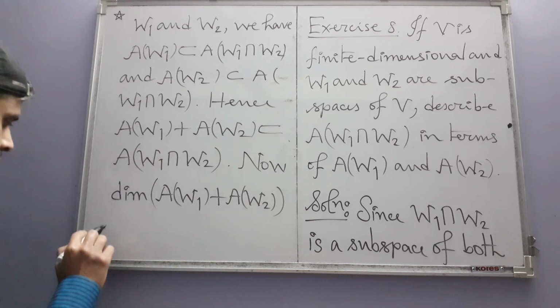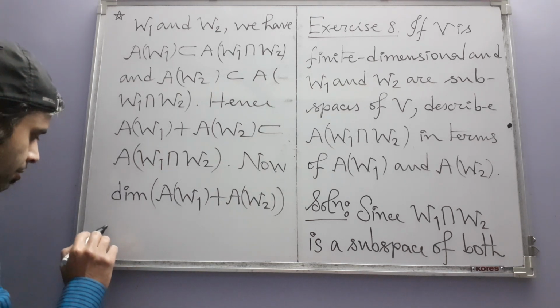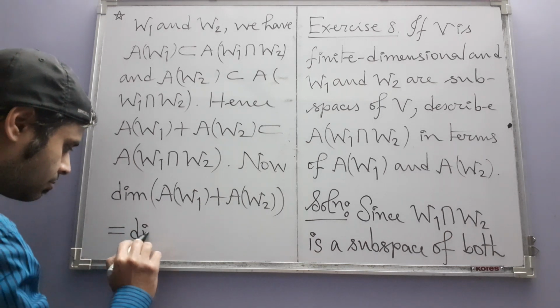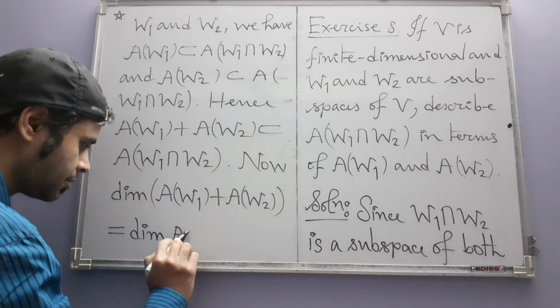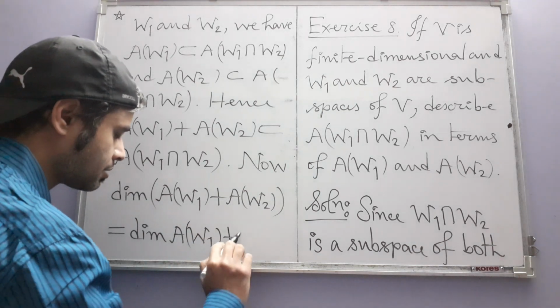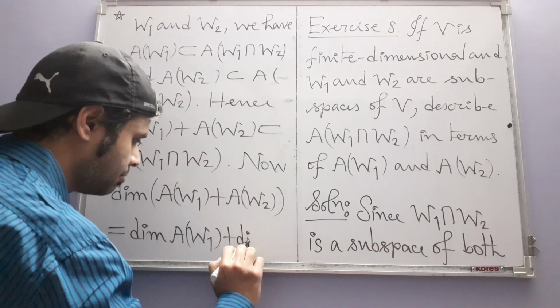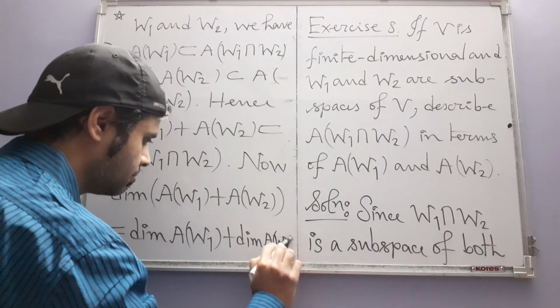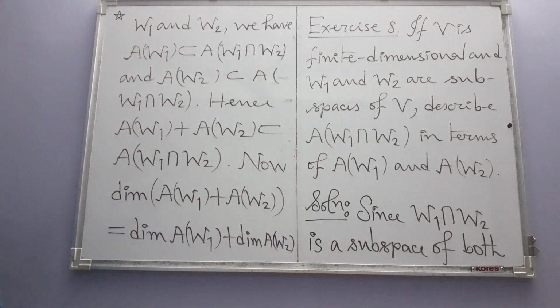Okay, this is equal to, we already know the formula for this. This is equal to the dimension of A of W1 plus the dimension of A of W2 minus